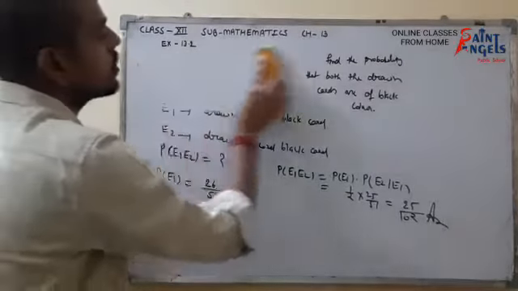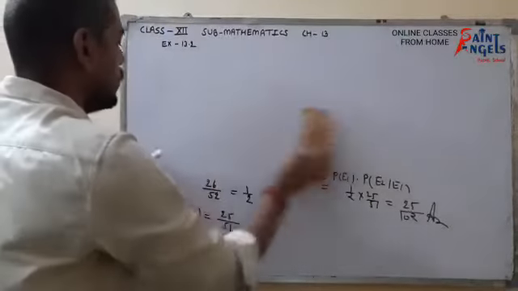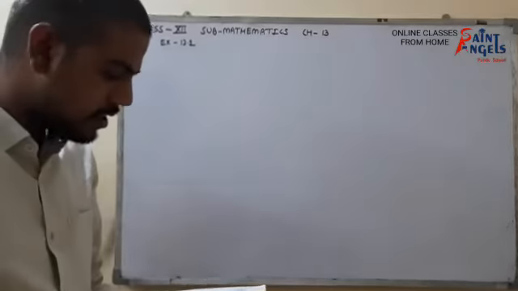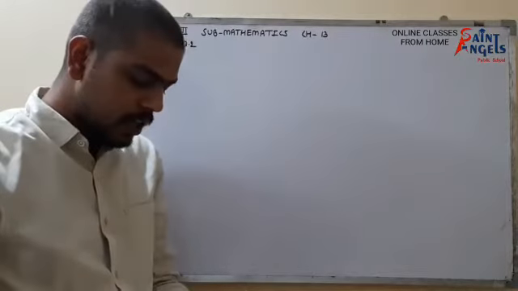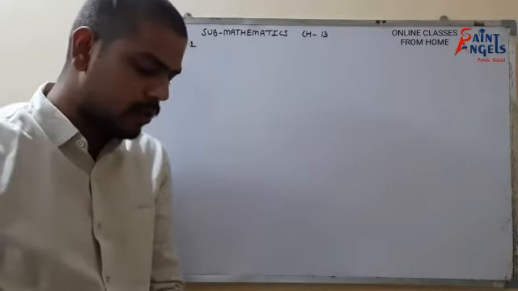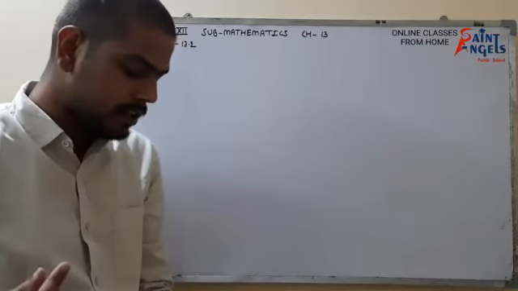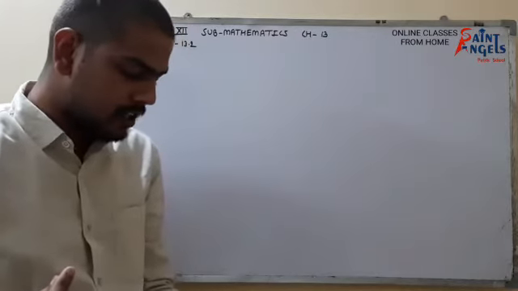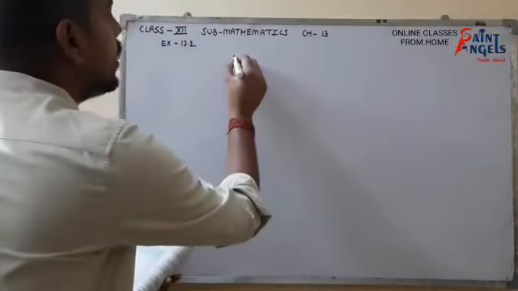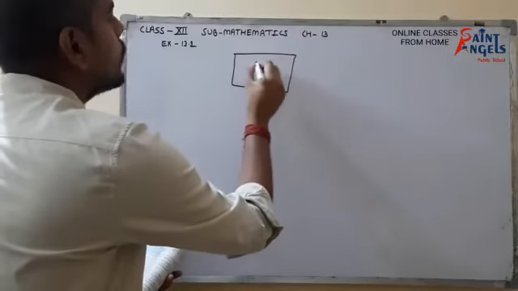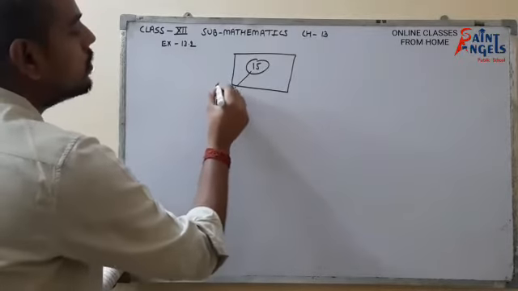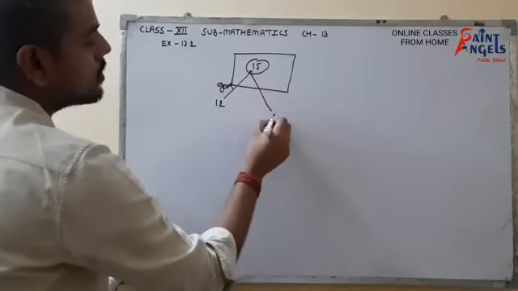Now look at the third question. In the third question we are given that a box of oranges is inspected by the examining team by taking 3 randomly selected oranges drawn without replacement. If all the oranges are good, the box is approved for sale. Otherwise, it is rejected. Find the probability for a box containing oranges, out of which 12 are good and 3 are bad. So we have a basket where we have overall 15 oranges.